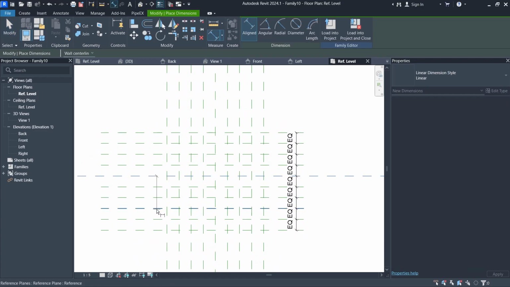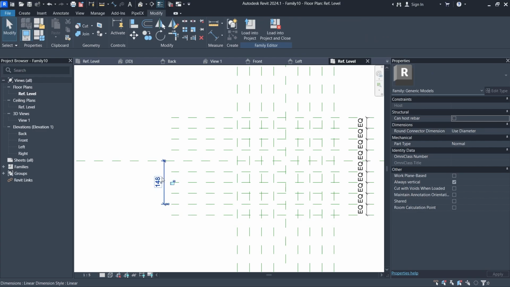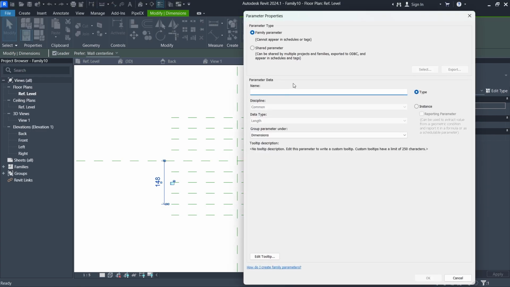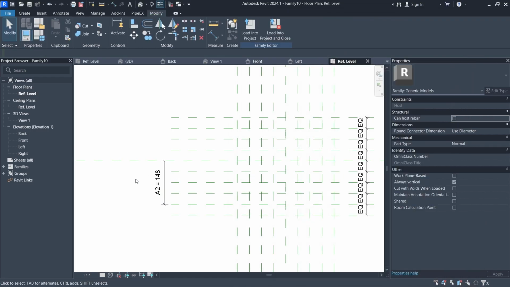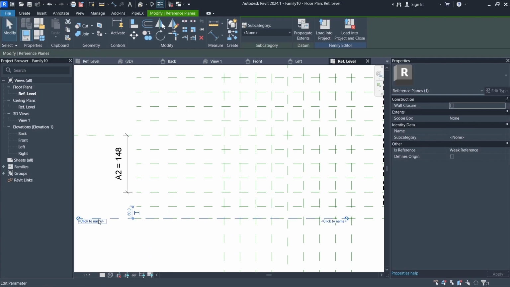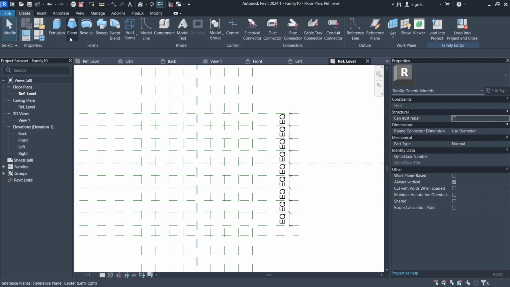And I'll need one more dimension over here, and this dimension will get the parameter we'll call A2, also instance, like this. Great. Then we can start